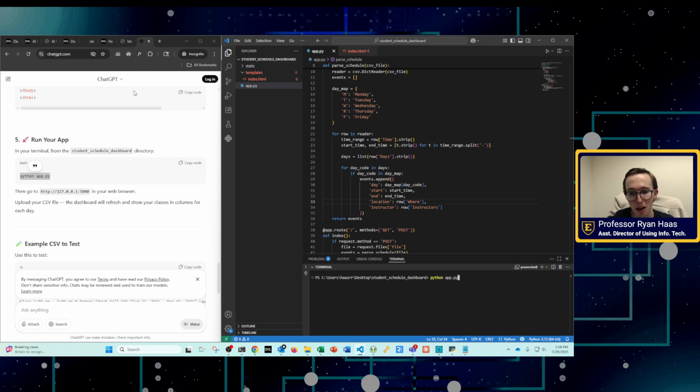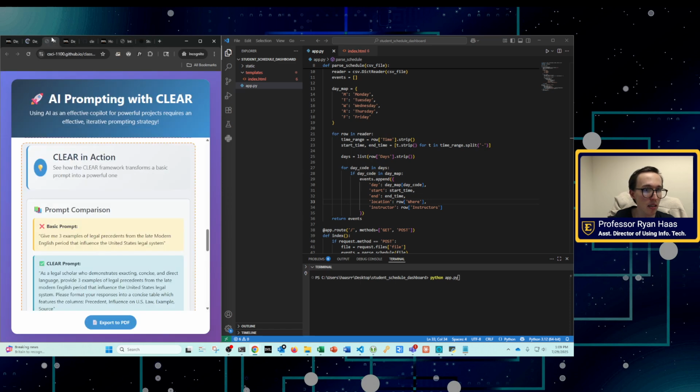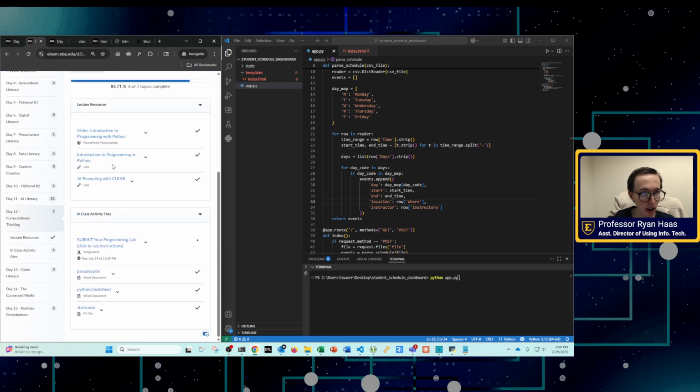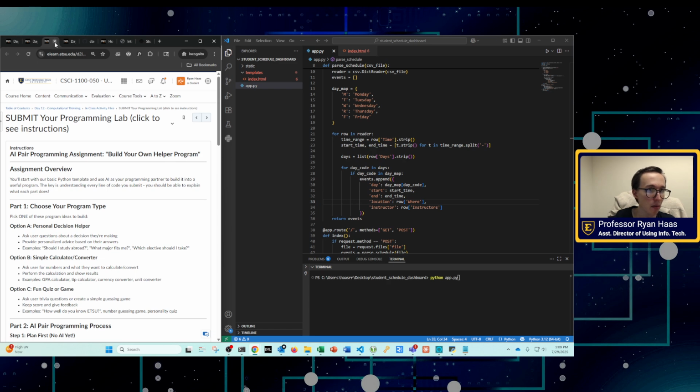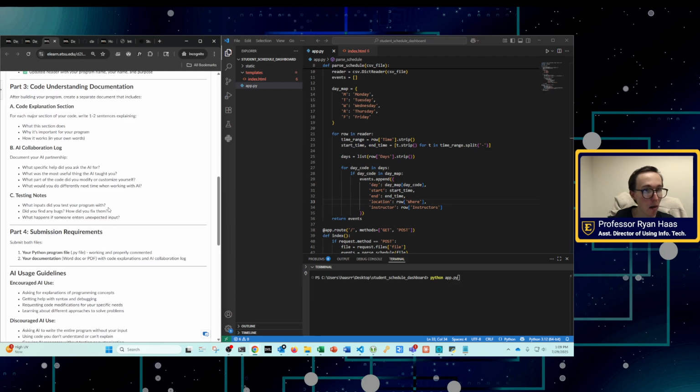Now you do have to have Python installed for this to work. So if you need to know how to install Python, I have reorganized this content in the lecture section. Your instructions for the in-class activity, if you're finishing that up, are still there. I just compressed this, so they're actually in the Dropbox.